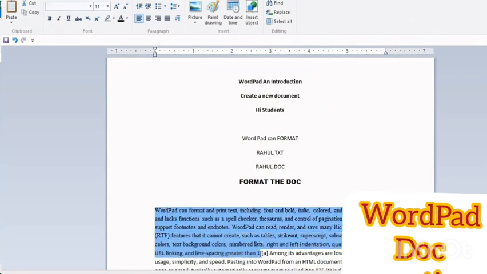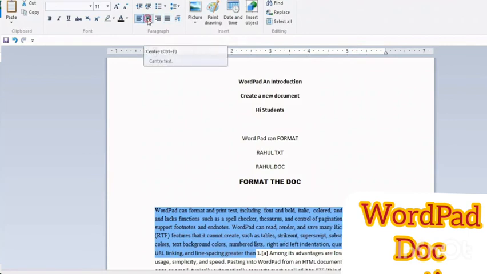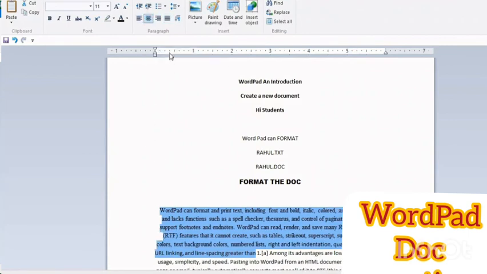Then release, and the paragraph will be selected. Like this. See, the paragraph gets highlighted as shown below. Okay, understood?